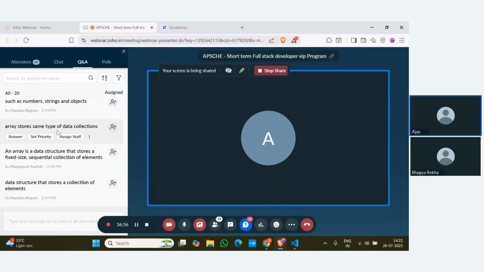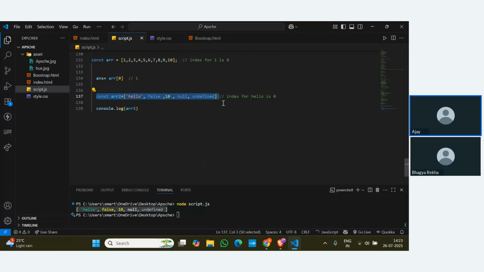Array stores the same type of data, different type of data, Deepak,